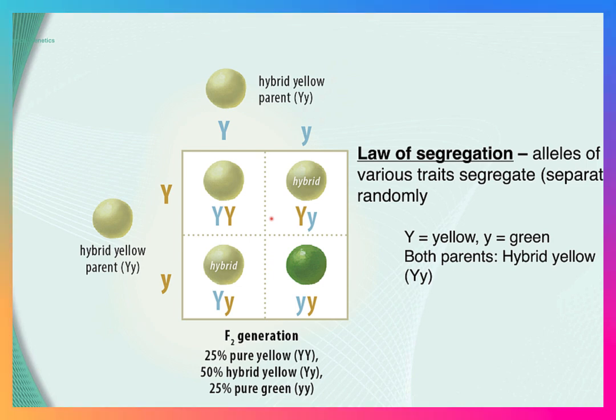The second generation will be 25% homozygous yellow, 50% heterozygous yellow or hybrid yellow, and then 25% homozygous green or